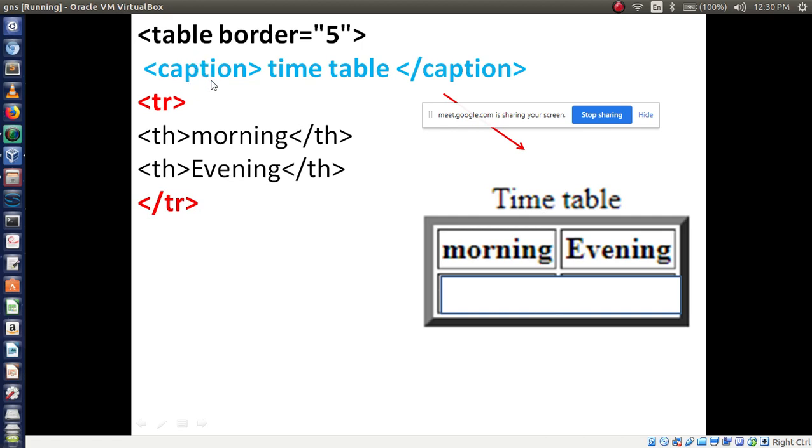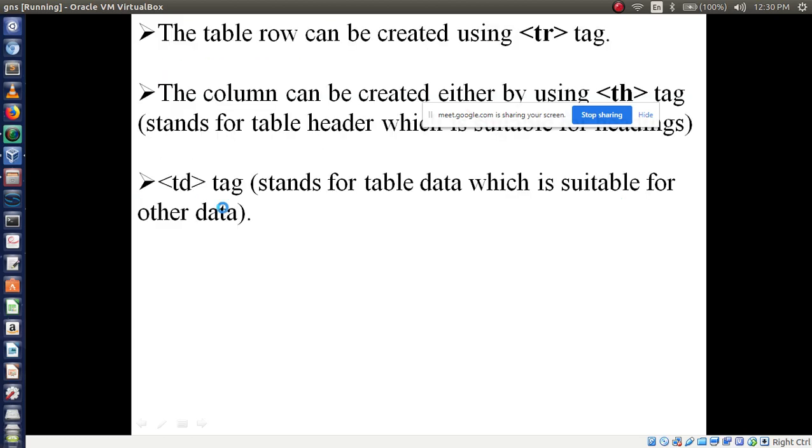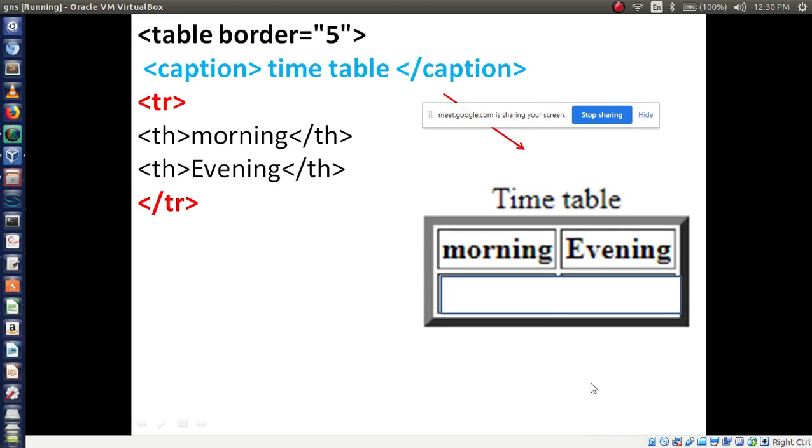In caption we will write the table name, so I am writing the table name here, timetable. Then close the caption tag. Then however many rows you need, you have to start writing code with the help of the tr tag. Understood this? So let's see.